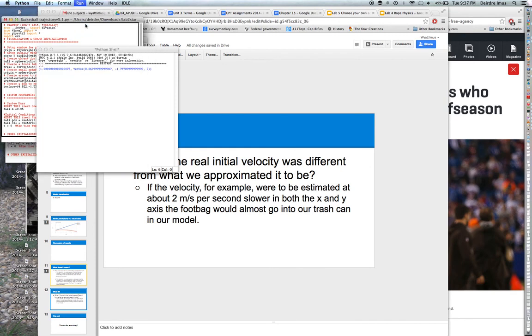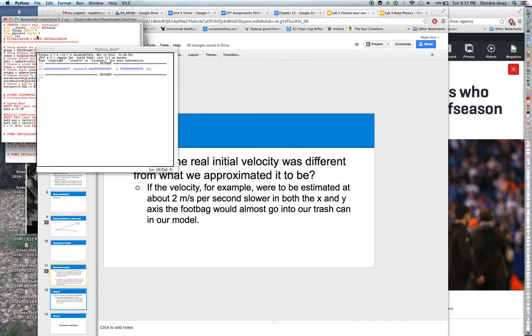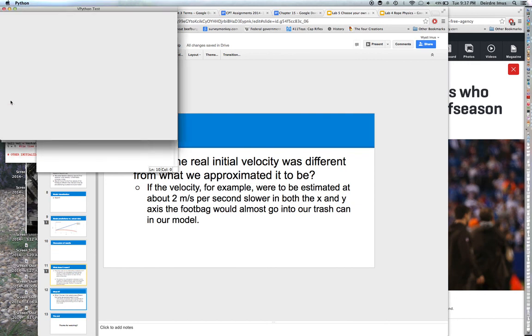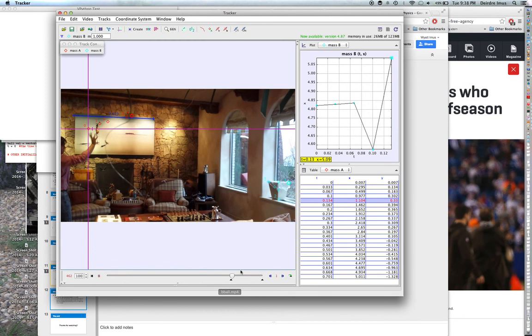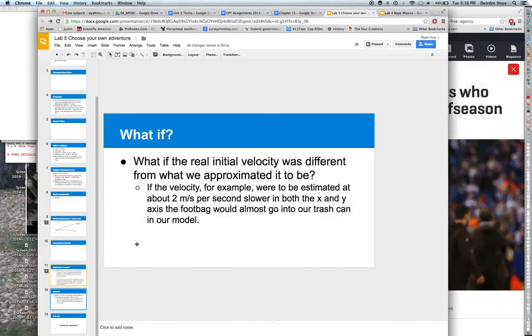And you can see this if we run our model just with the velocity 2 meters per second slower in the x and y axis. And as you can see, the footbag actually ends up landing in the trash can just as it does in Tracker. So, like I said, it's probably just due to some kind of human error and us not doing a good enough job with the velocity of the ball, with the velocity of